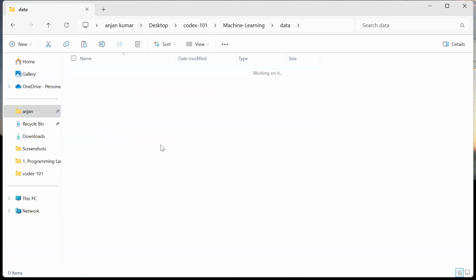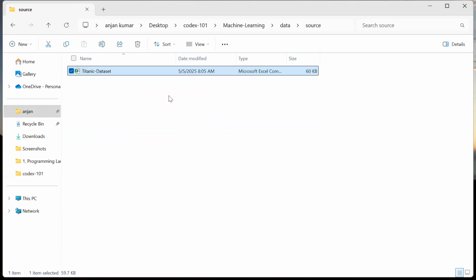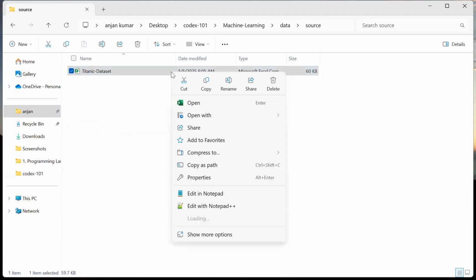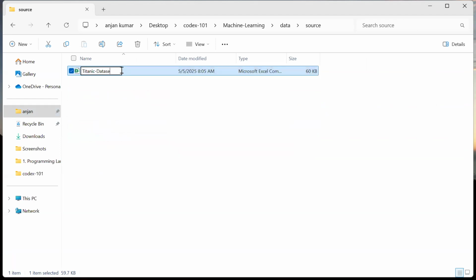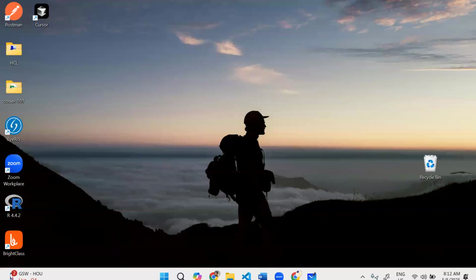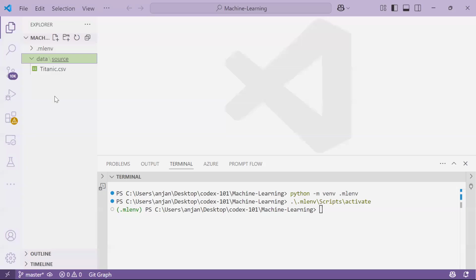Within that data, I have a source. And if you want to rename it, you can rename. Within this particular source,